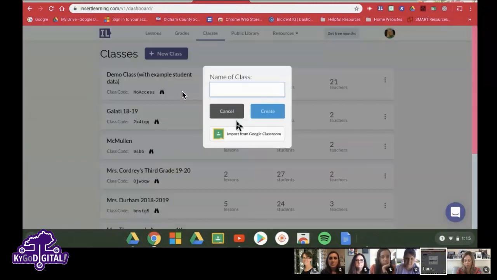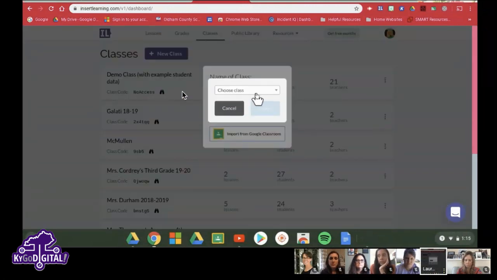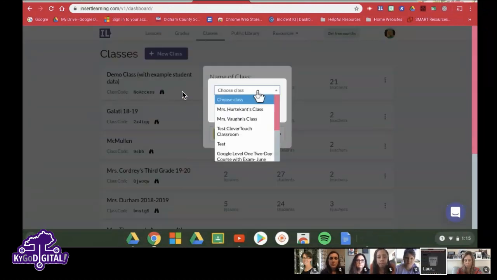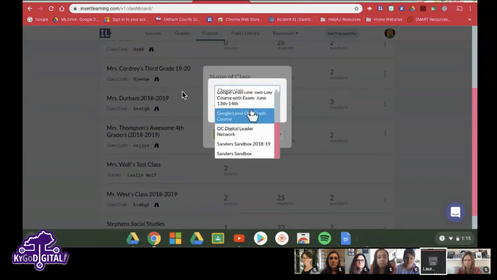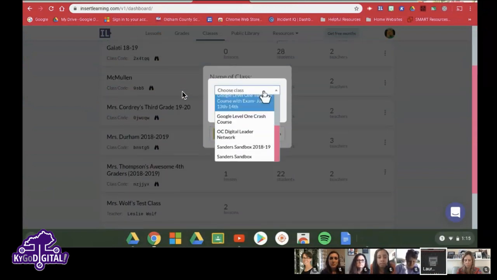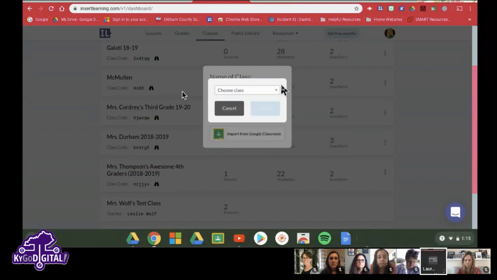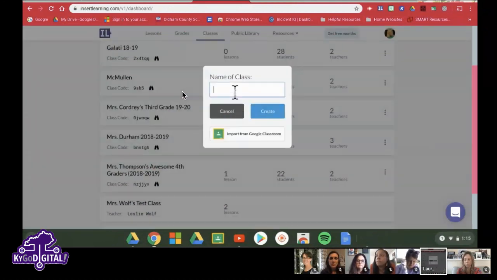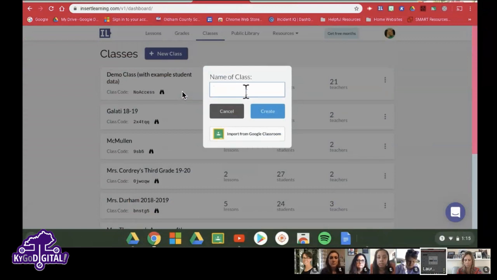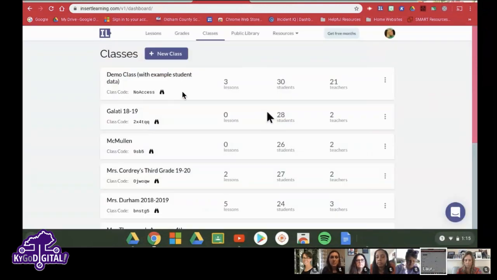You can either import it, like I said here, from Google Classroom, and it'll just take a second. And since it recognizes I'm logged in, now it shows me all of my classes that I'm a part of that I could choose and import instantly. So that's really nice. But for this tutorial, I'm just going to call this test KY go digital and say create. So I'm going to show you that second option of creating it manually,